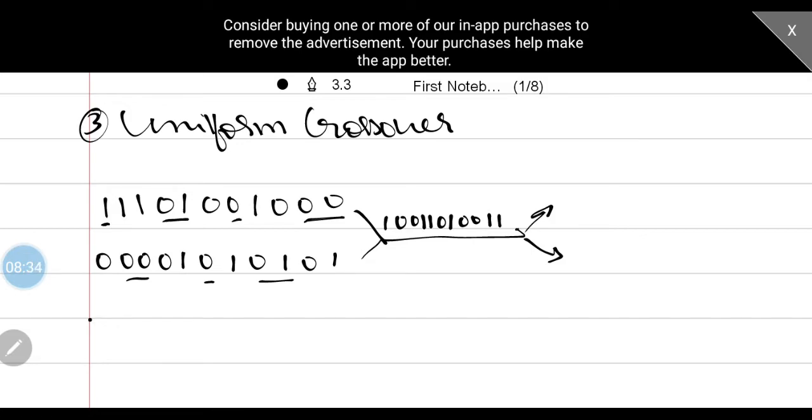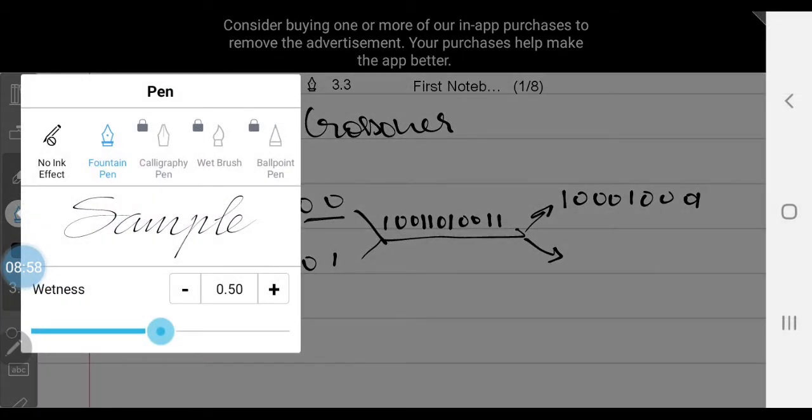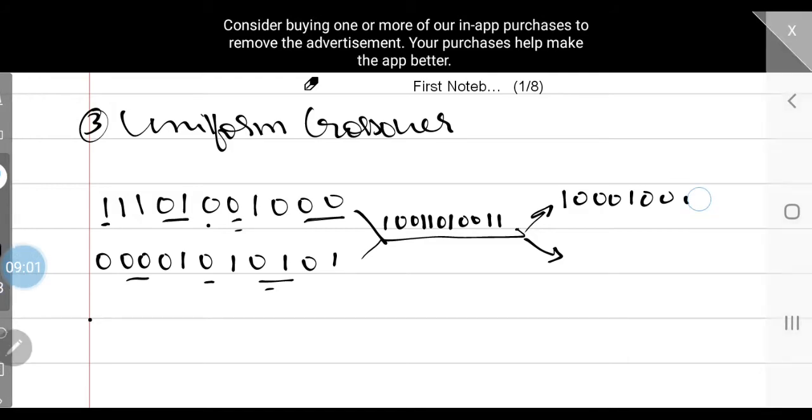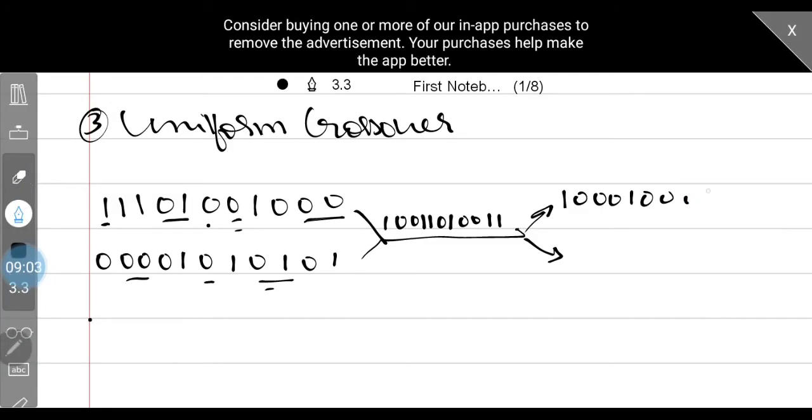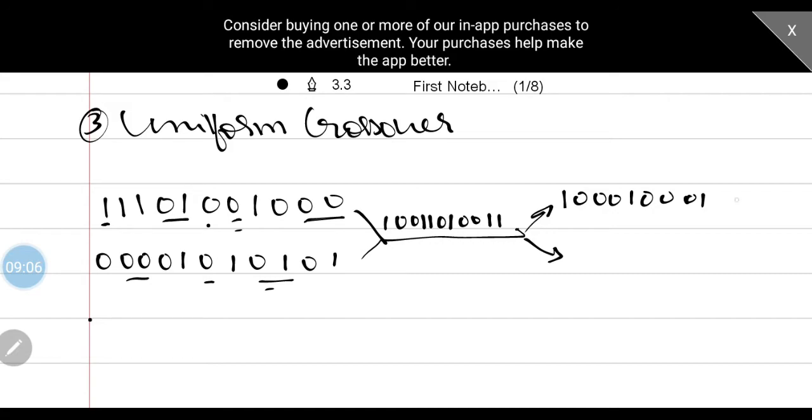The rule is similar for getting the child. First start with the first string, 1. Next take the part from the second string, 00. Then the first string, 01. Then the second string, 0. Then 0 from the first one. Next go to the second string, 01. Then come back to the first string, 0 1, and come back to the first string, 00. That will be your first offspring.